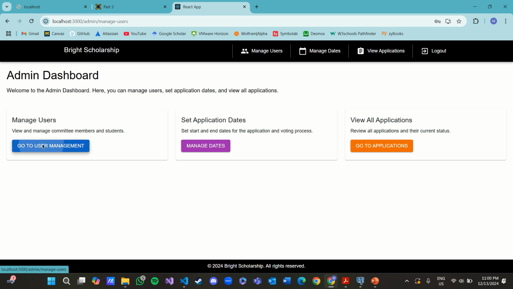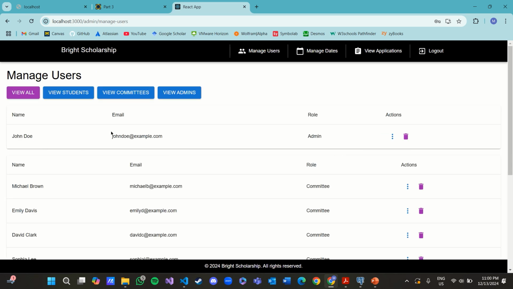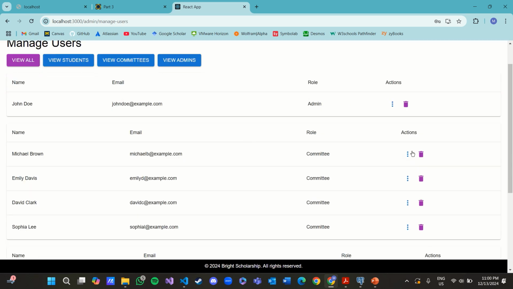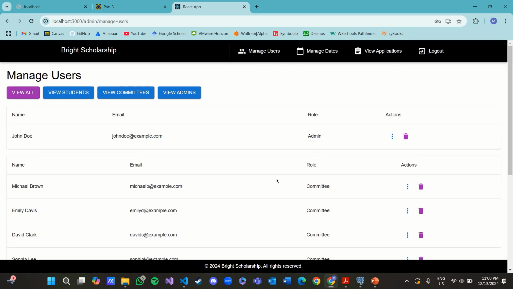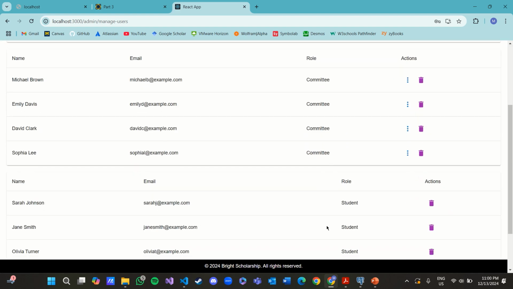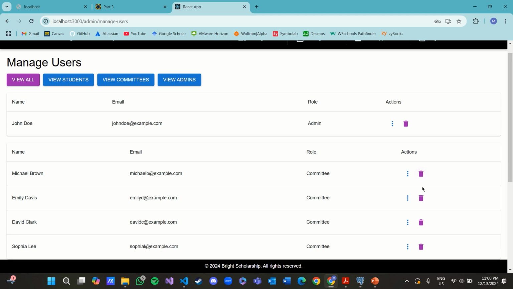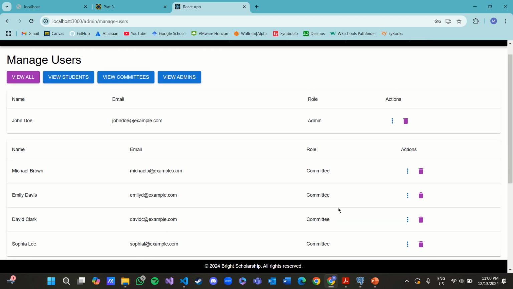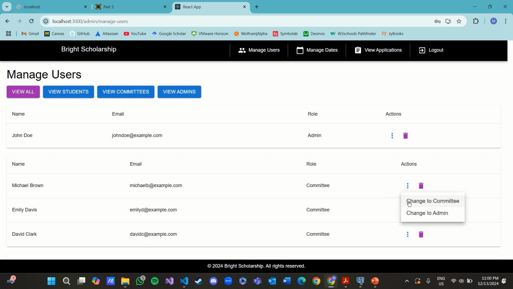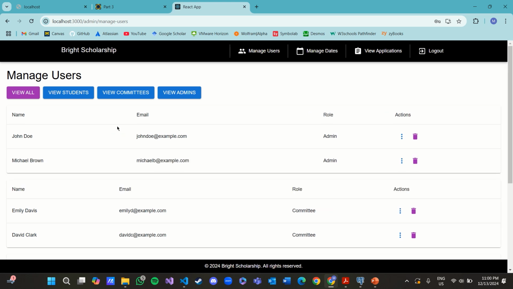And here is where you can manage the users, so only the admin can manage the users, where they can delete users. As you can see here, there are some admins, committee members, and also some students. And with this button you can change the role, and the trash button is to delete the user. So for example, we can delete this user, it will be gone, and you can change these roles to admin, so that now there are two